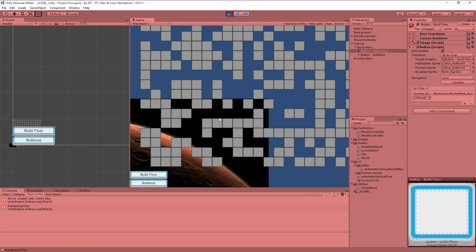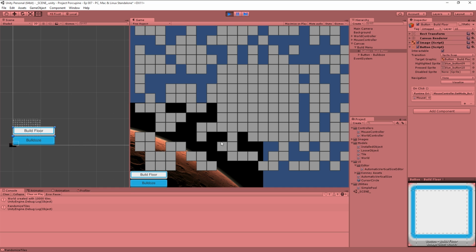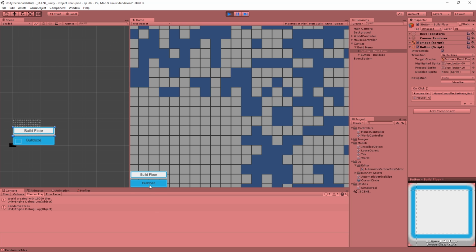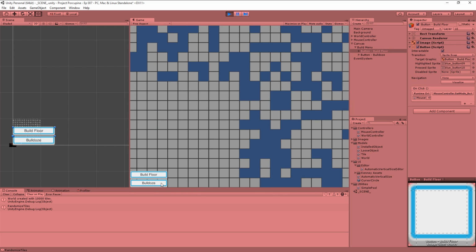So right now, everything still works over here. I can click and do that. I can click on bulldoze, then do that. That's good. So the big question is, if I sit here and spam this bulldoze button, at no point is it deleting anything behind it,